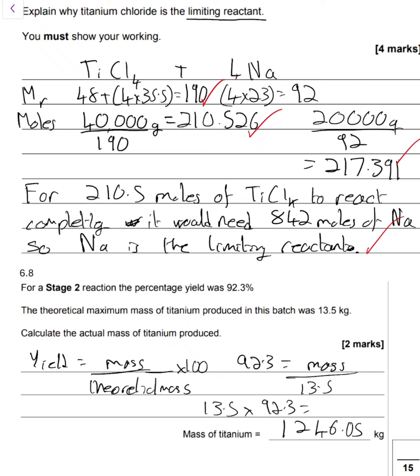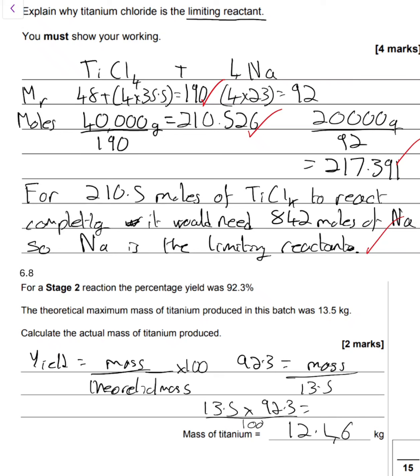So we need to actually also divide this by 100. So that's going to be 12.46. You could also get the mark there for saying 12.5, but it doesn't say that you should be rounding